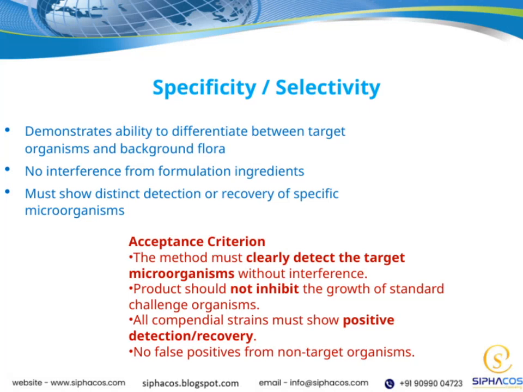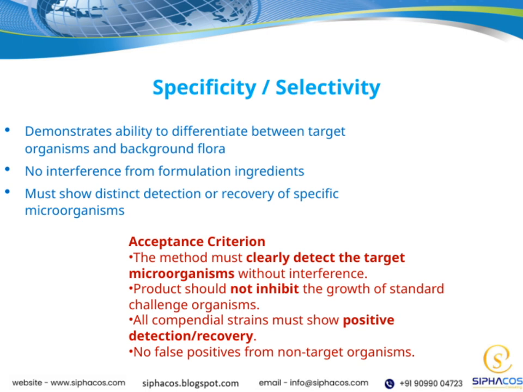When we look at the acceptance criteria, the first point is that the method must clearly detect the target microorganisms without interference. This means our detection system needs to be precise enough to identify the microorganisms we're interested in, without being thrown off by other substances or organisms present. Next, the product should not inhibit the growth of standard challenge organisms. In other words, our method must allow these organisms to grow normally so we can accurately assess their presence and